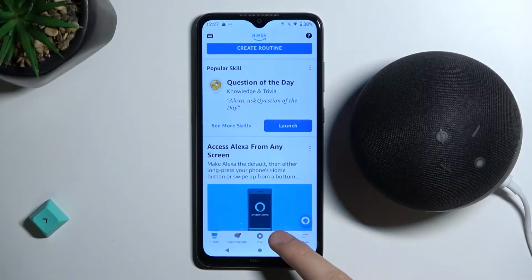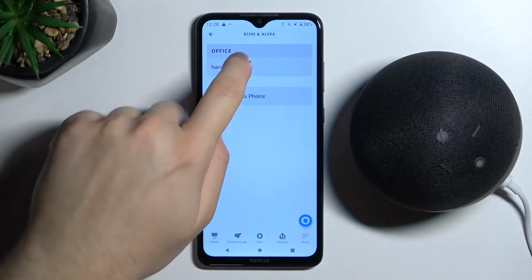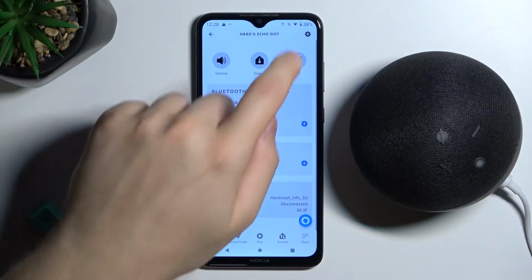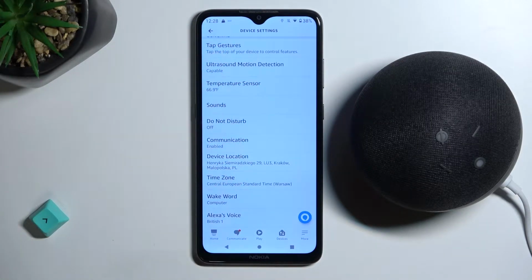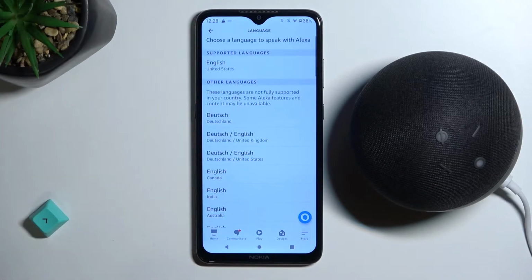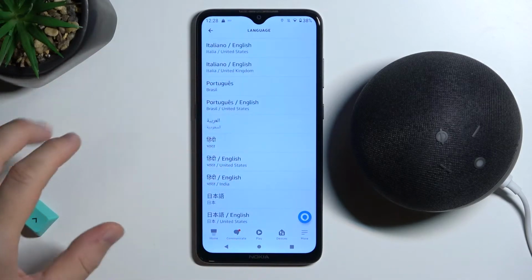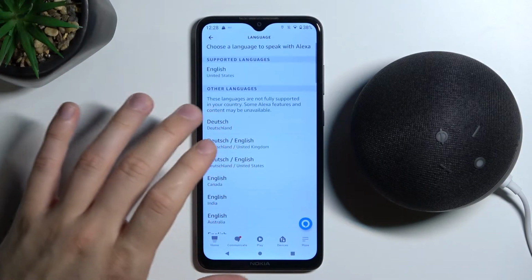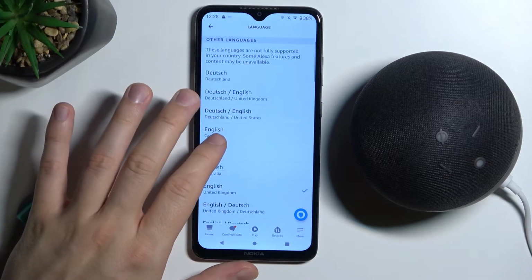First of all, open Devices tab, click on the Echo and Alexa, select your speaker, click on the settings icon, next scroll down. You have to go for the language, it's below the follow-up mode, and right now there's the list of all available languages. So if you want to pick any of them, like for example I would like to switch to this English from India,